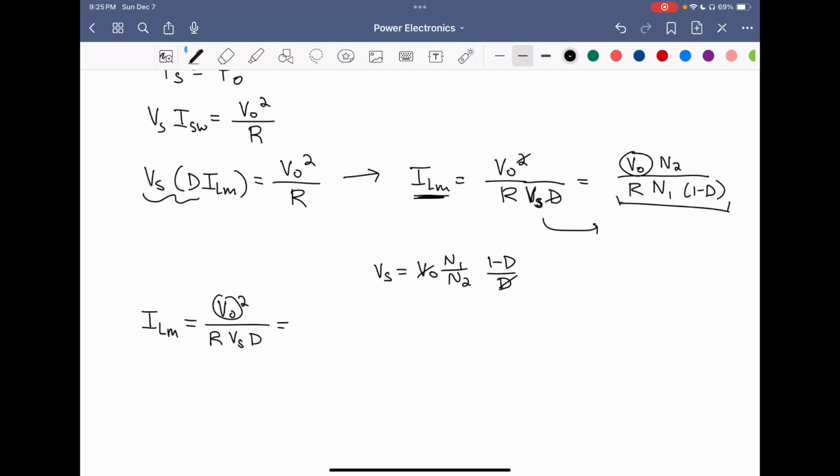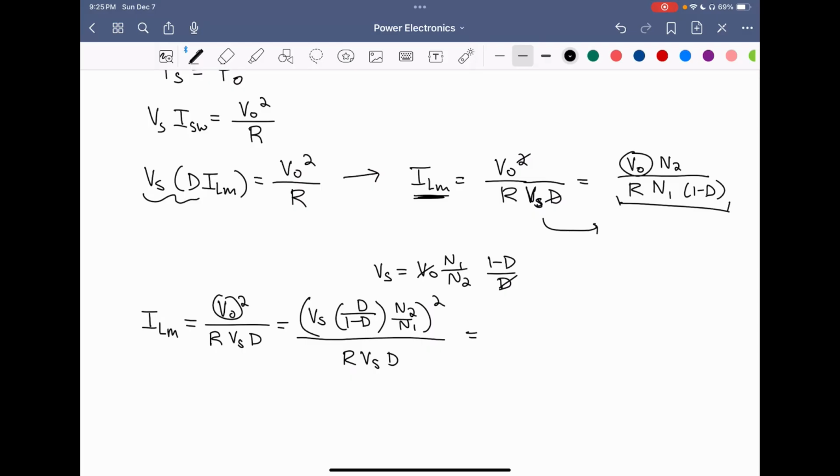So we had VO equal to VS D over 1 minus D times N2 over N1, and this was squared over RVSD. So this is going to give us,